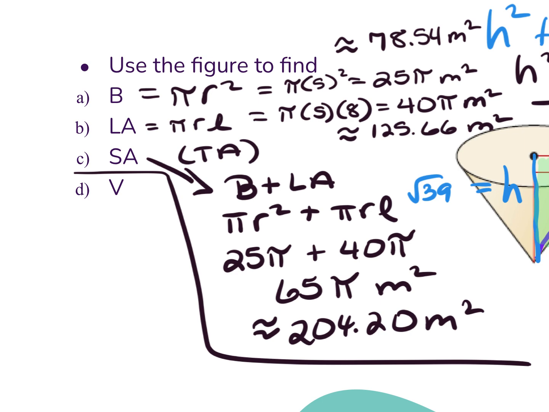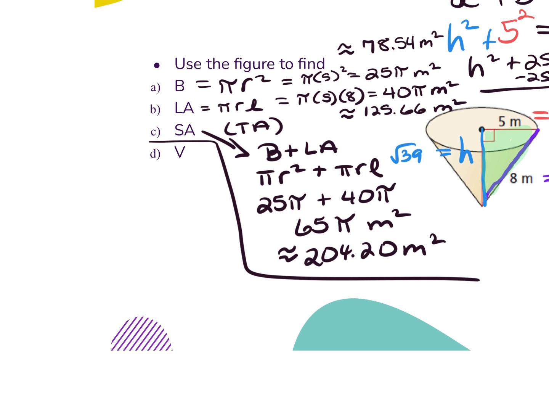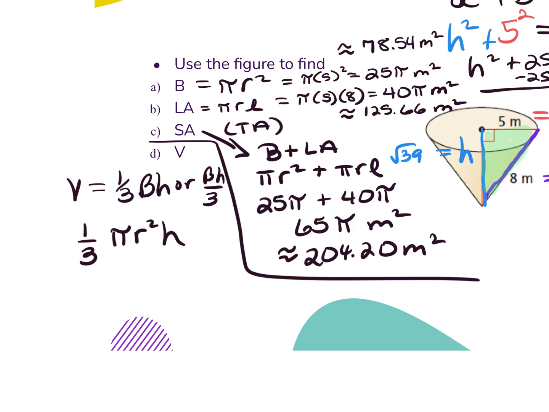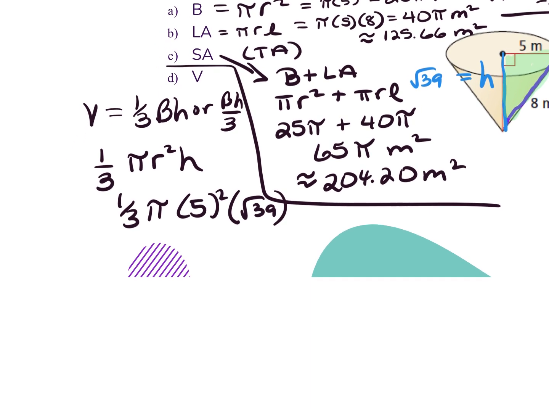And then the last part, since we already calculated our height, now we can just plug it into the volume formula. The formula for volume is 1/3 BH, or remember you could do BH divided by 3. So 1/3, and my base is a circle, so pi r squared times height. So 1/3 pi times 5 squared times the height, which is the square root of 39. So once I multiply all of this, my volume, rounded to the hundredths place,